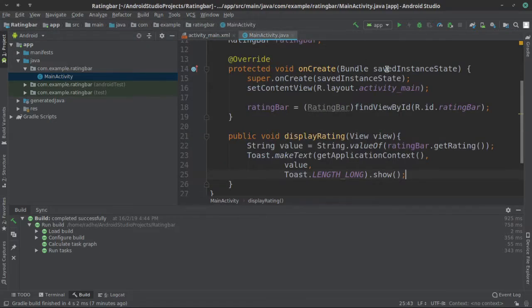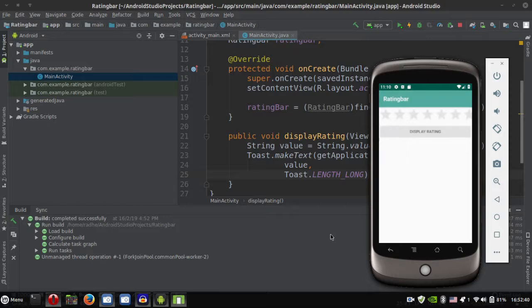Now it's time to test this on the emulator and see how it's working. Let me test display rating 2.0 and test this again. Yeah,